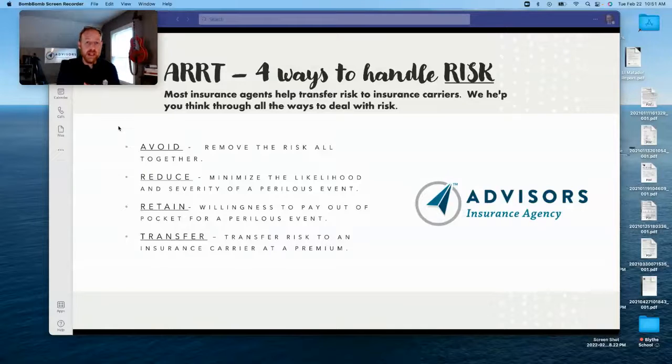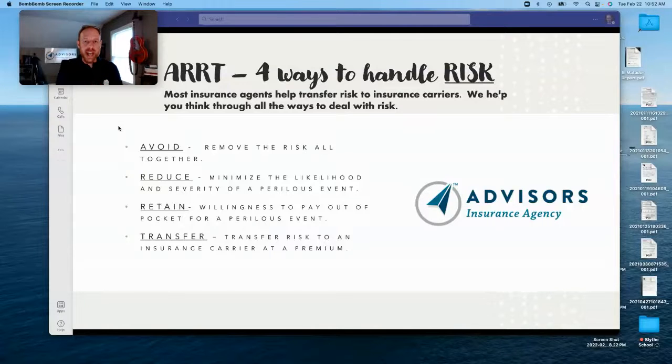If you have a trampoline in your backyard, most insurance carriers now require you to have a net. Risk reduction. If you're a business owner in the restaurant space, you may require your employees to wear slip-resistant shoes. That is also a risk reduction measure. If you're a homeowner, you might be able to add an automatic water shutoff valve. So that way, if your pipes burst and water starts rushing, that system will automatically shut off your water system to reduce the damage that happens in your home. So start thinking, what would it look like to reduce some risk in my business or in my residence?